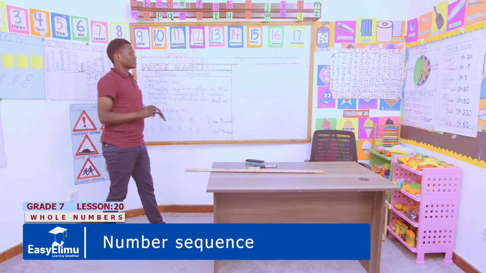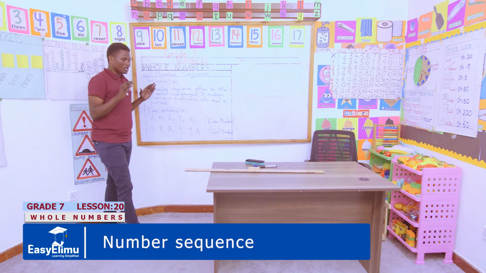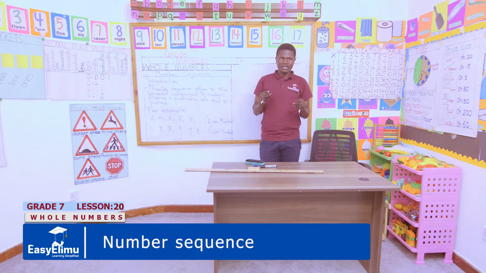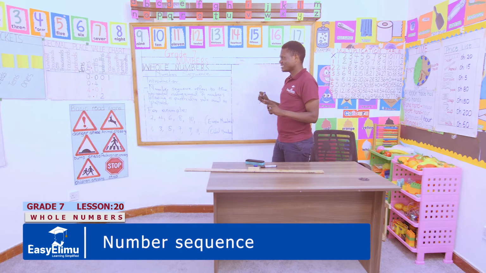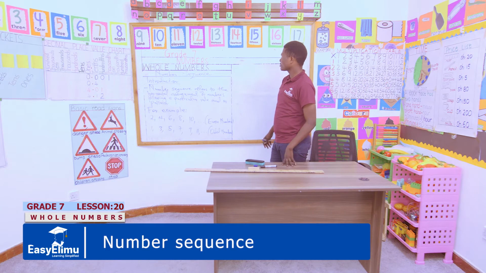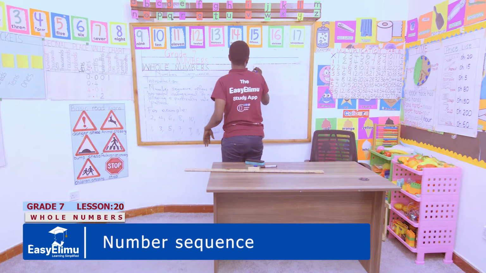So this tells you that so long as you are able to identify the rule or the pattern in a number sequence, you can easily get the next infinite number of digits in that particular sequence. Are we communicating? So right here, note,